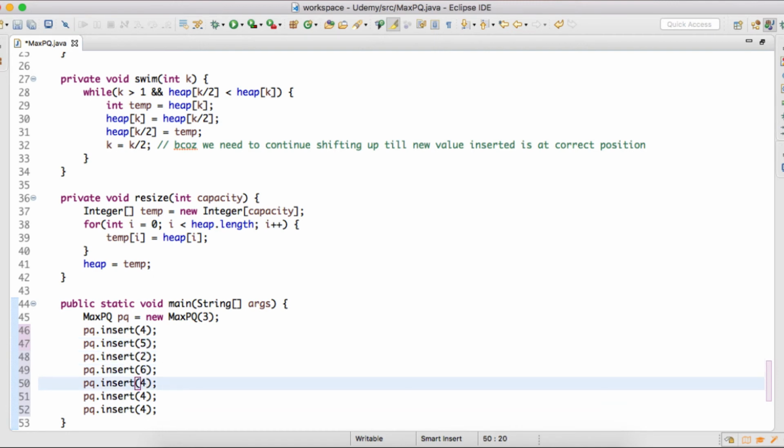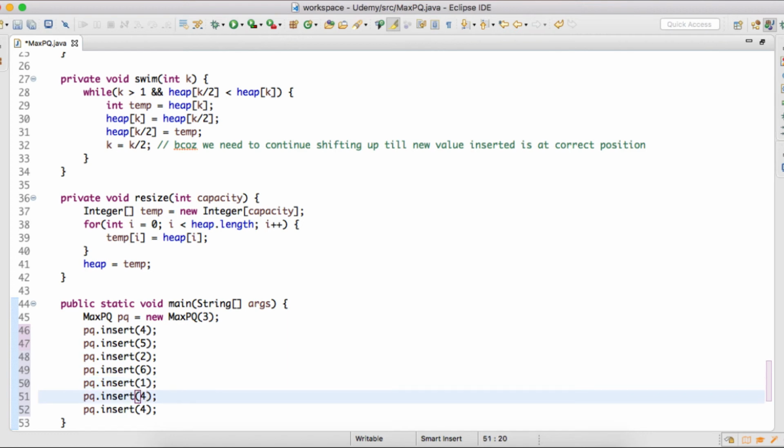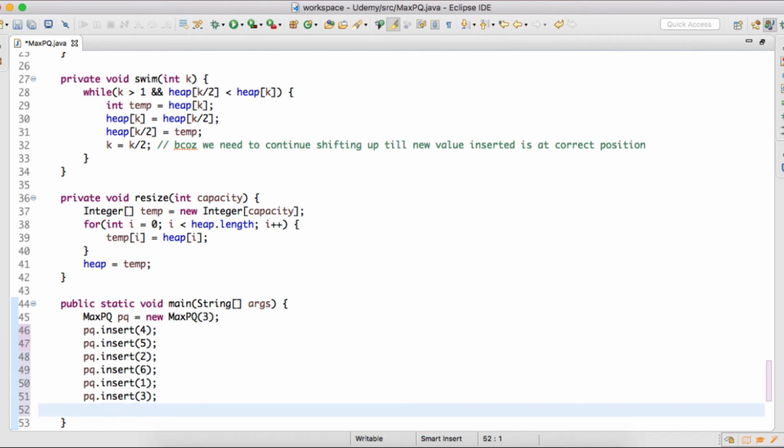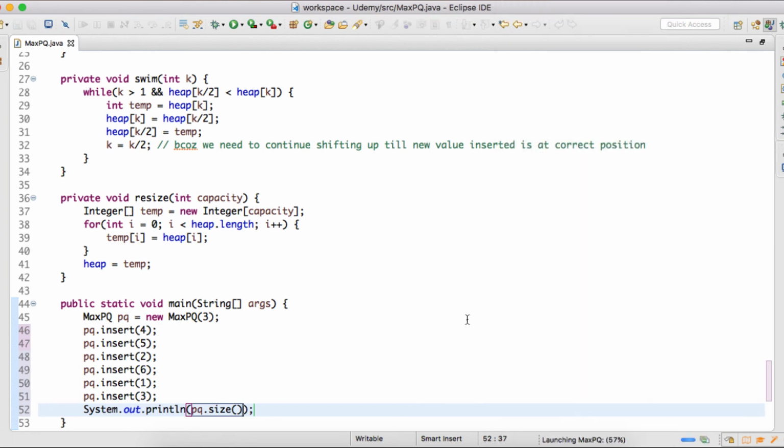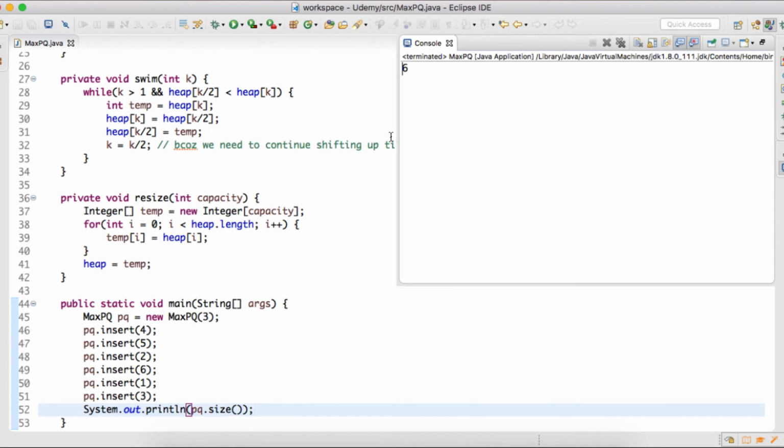Then we'll insert 6. Then we'll insert 1. And then we'll insert 3. And then we'll print the size of the priority queue. If I run the code now, you can see the size it printed is 6, because we have inserted 6 elements.